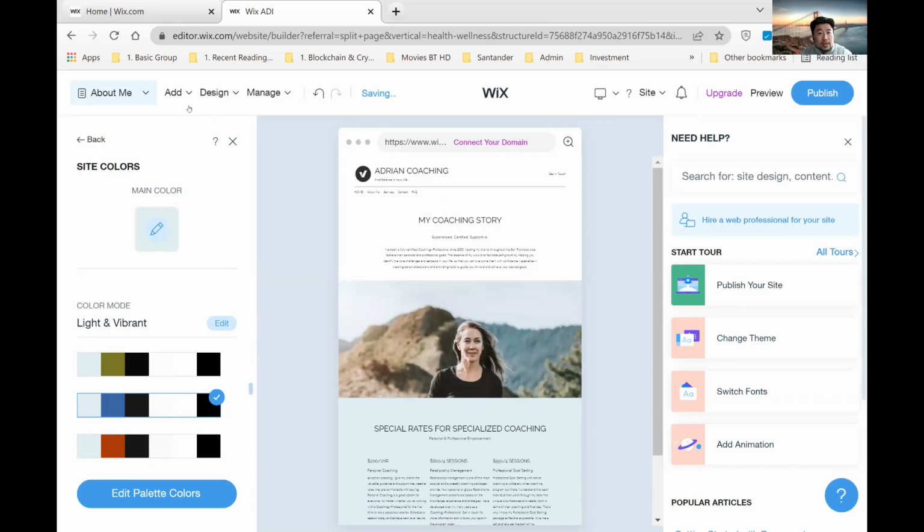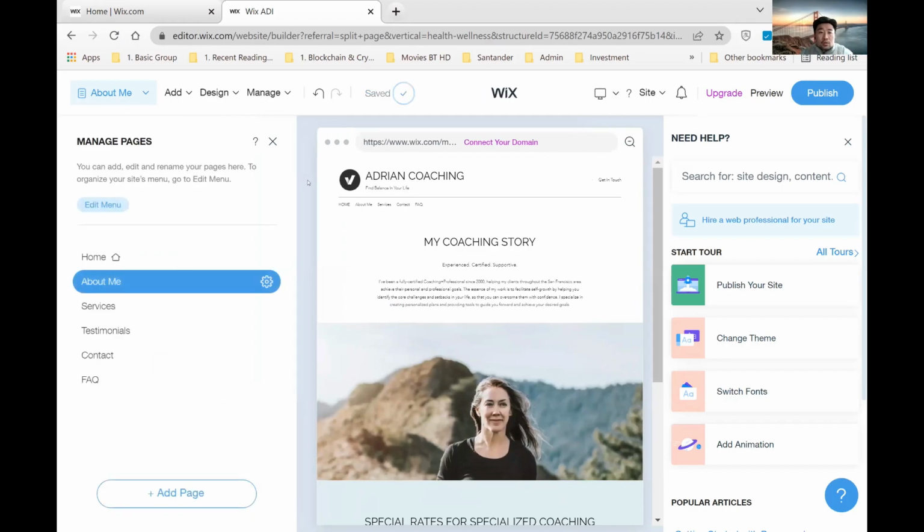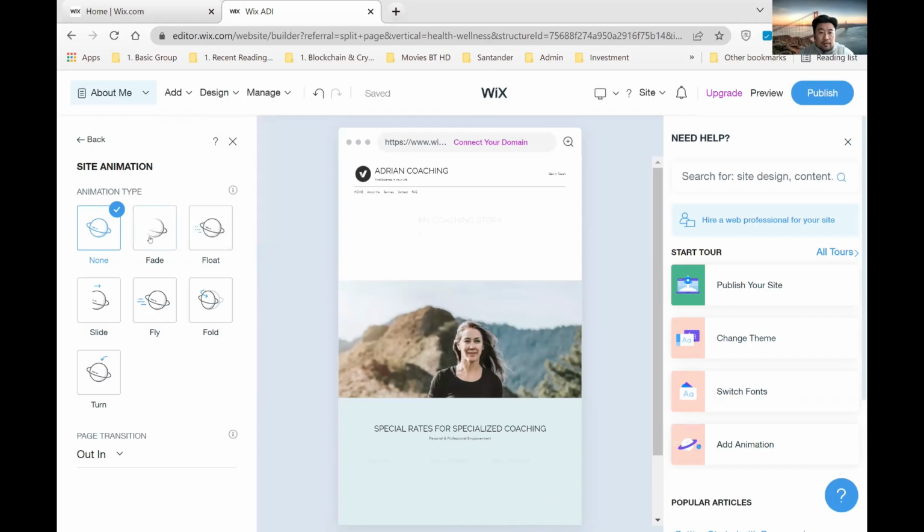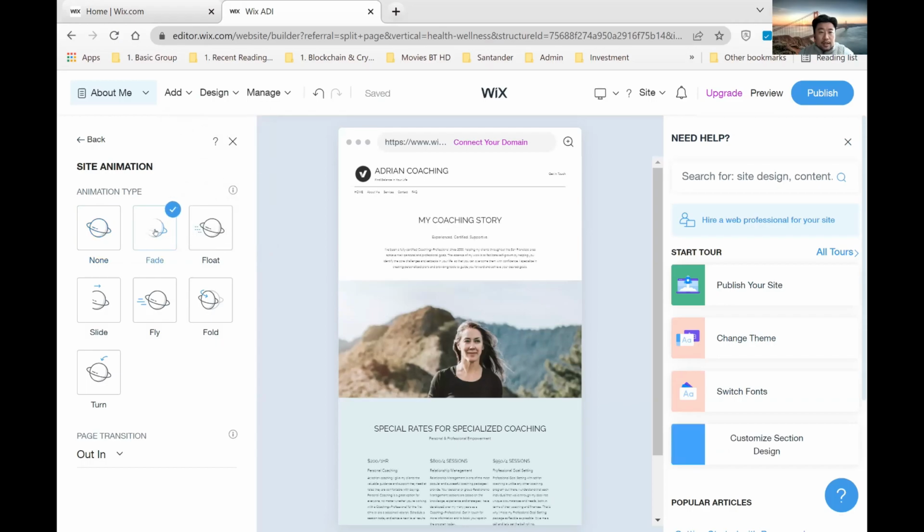Okay, maybe we're not seeing it on this page. Well, anyway, we can add the fonts and color scheme, and they apply to the whole website. Okay, and animation as well. Here, if you go by, for example, fade, then they apply everywhere. You see,